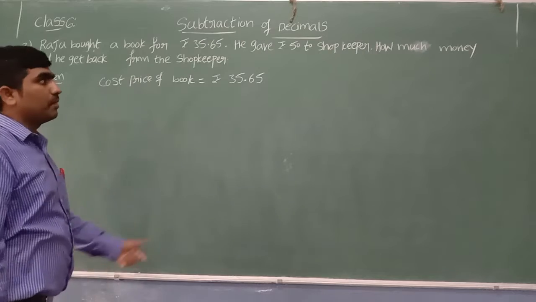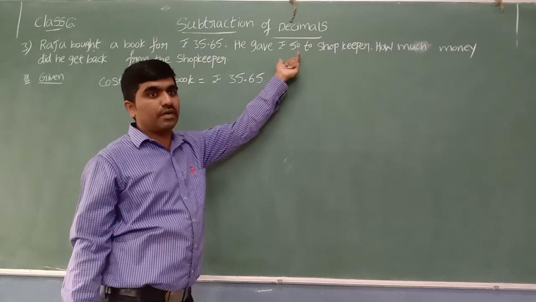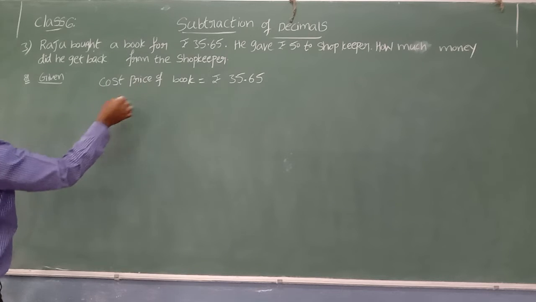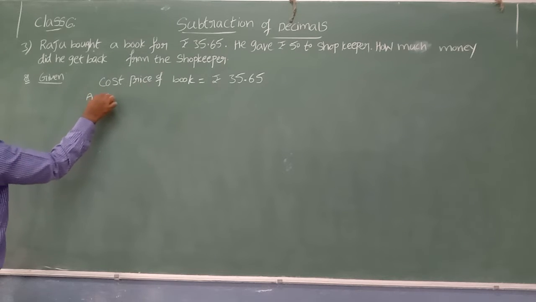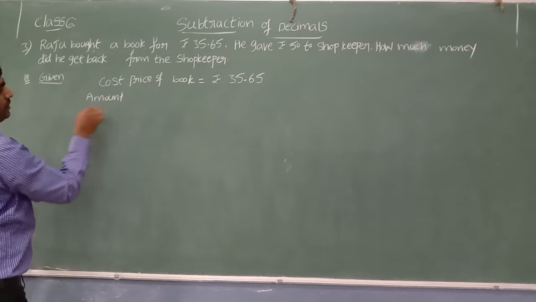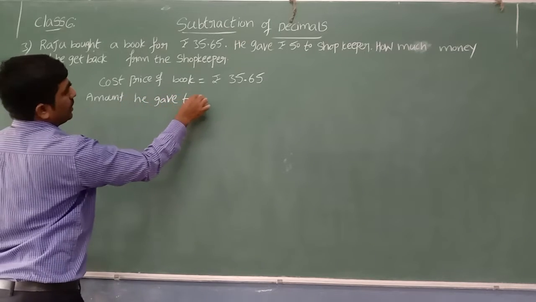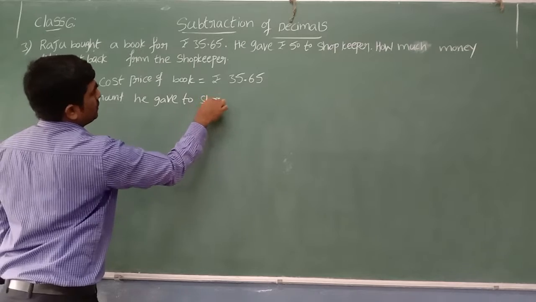And next, the amount he gave to the shopkeeper: he gave 50 rupees to the shopkeeper. The amount he gave to the shopkeeper is equal to